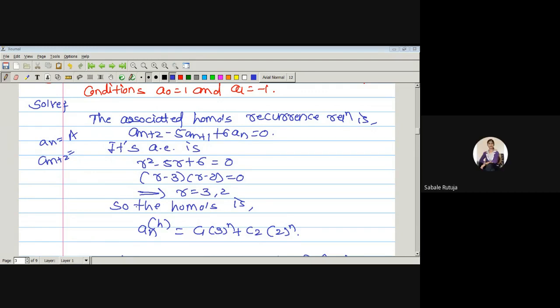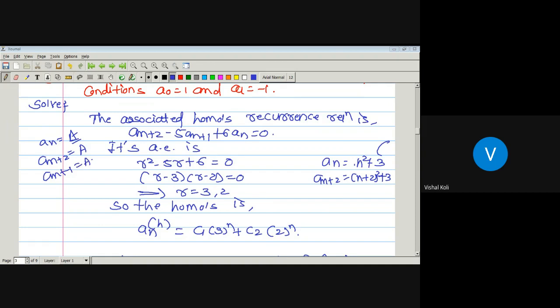Suppose instead a(n) is equal to n square plus 3, then what is a(n+2)? It would be (n plus 2) square plus 3. Does the constant change anything? No, sir. As a(n) has only one constant, that is A, then what should be a(n+2)? A. a(n+1) is also A.